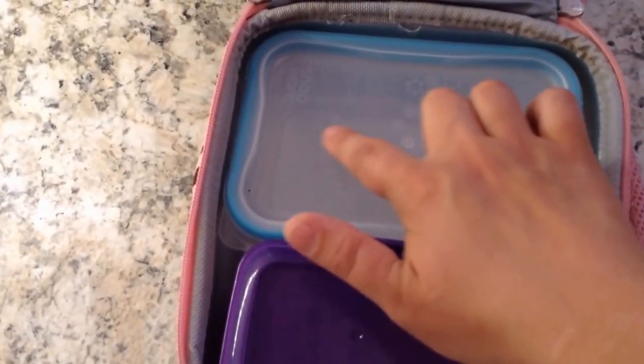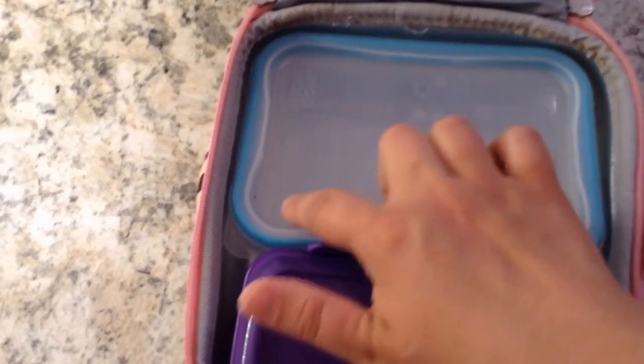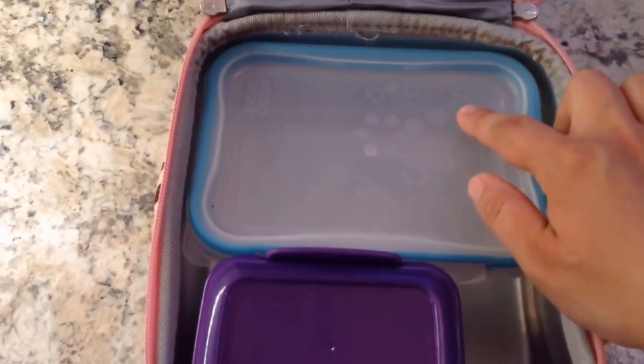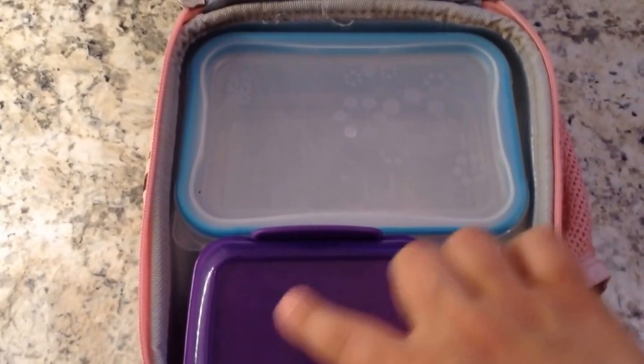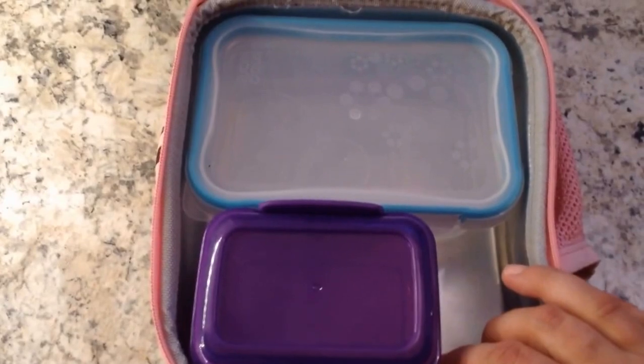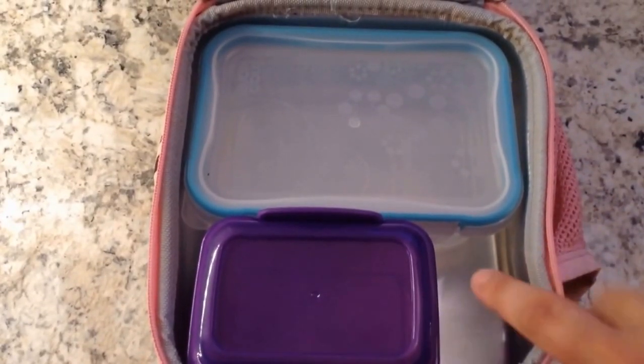Or sometimes I would do a veggie and a dip. And then here I would put kebabs. And then for a snack, she'd have pretzels, and then underneath would be grapes or something like that. And then here,